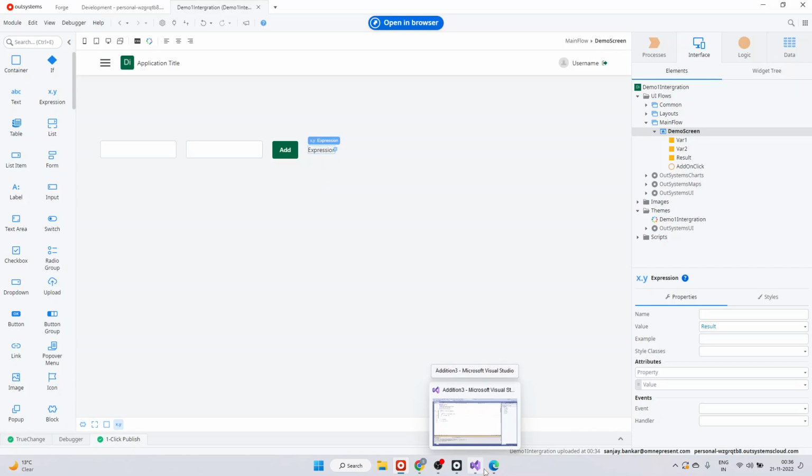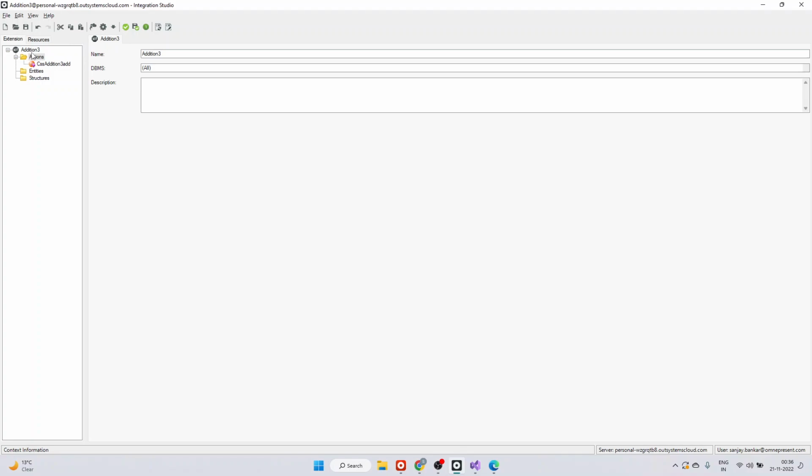For publishing we have to go through various stages, and the last stage is publishing. Then open it in Visual Studio, write the required code, save it, build it, right? Then again come inside Integration Studio and fetch the functionality by